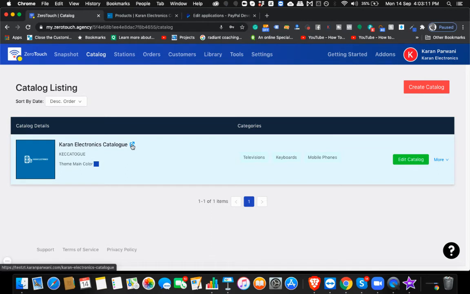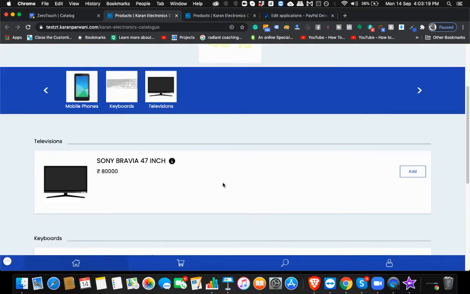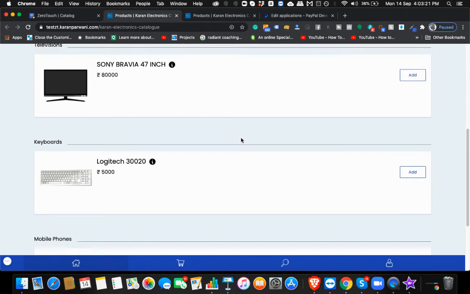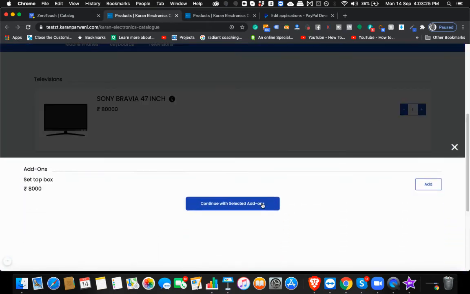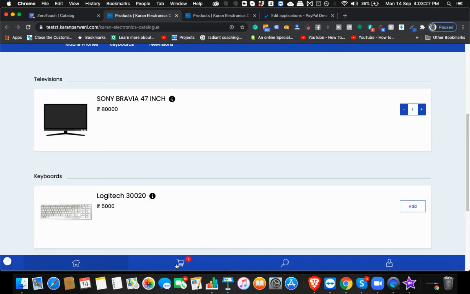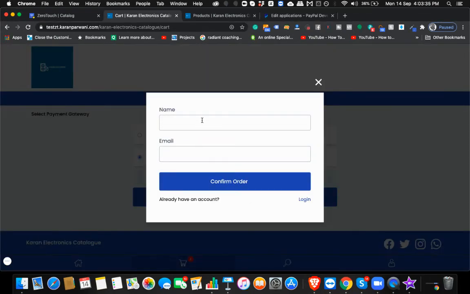Now, in order to test it out, just click on this button and your catalog will open. Choose any product of your liking. For example, if we buy a TV, we go inside the checkout and say continue to pay, and we have the PayPal option over here. Just click on pay and confirm order.